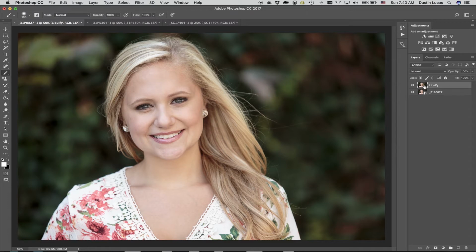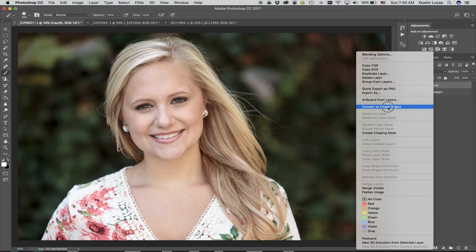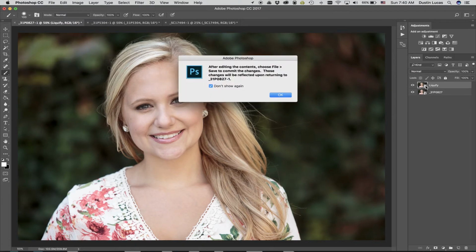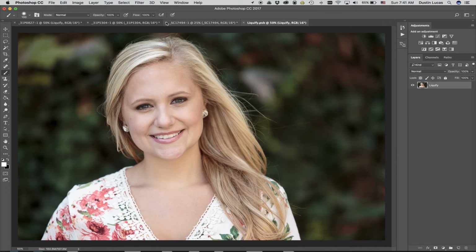And the reason why we chose smart objects is because it's going to allow you to get smart filters. So what I'm going to do is right click on this Liquify now and convert it back to a smart object. Pretty simple. The only problem now is I can't go back to my camera raw settings, but I still have the ability. It just takes me back to